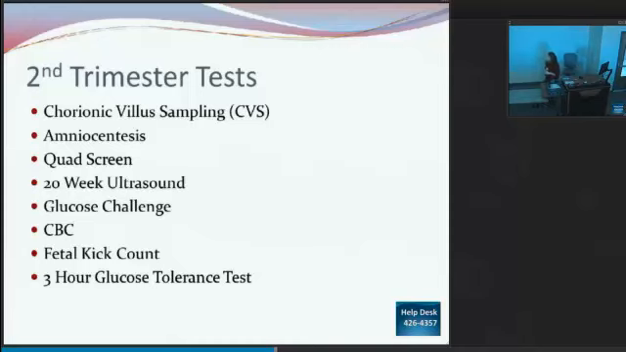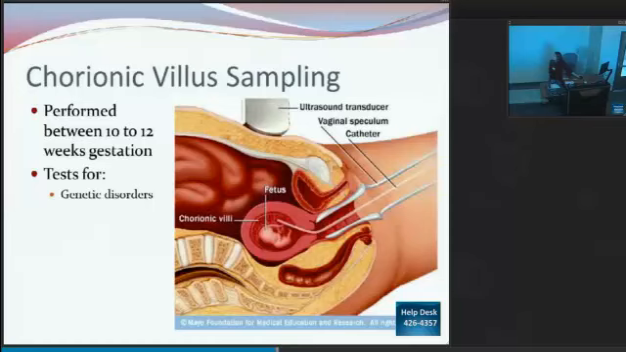We do a 20-week ultrasound. That's where they find out the gender, and that's what most moms are excited about. That's not really what we're looking for, but that's what most parents are excited about. We do glucose challenge to check for gestational diabetes. We check another CBC at this point to check for anemia and check their platelet count. We can talk about fetal kick counts, and then if needed, we can do a 3-hour glucose test. So let's talk about each of these. So chorionic villus sampling. This is actually taking a piece of the